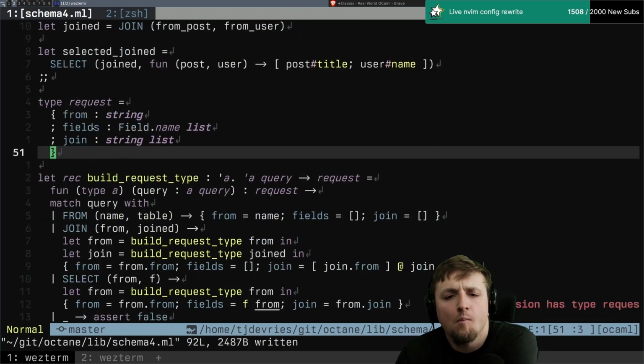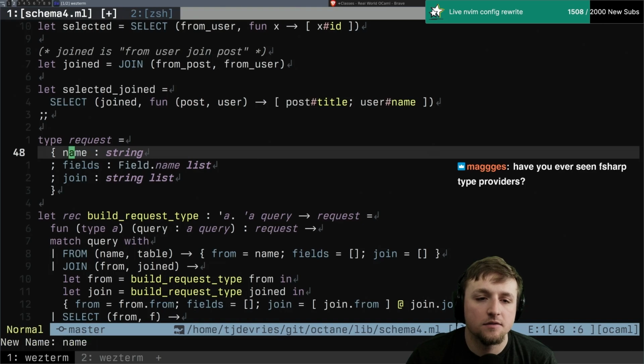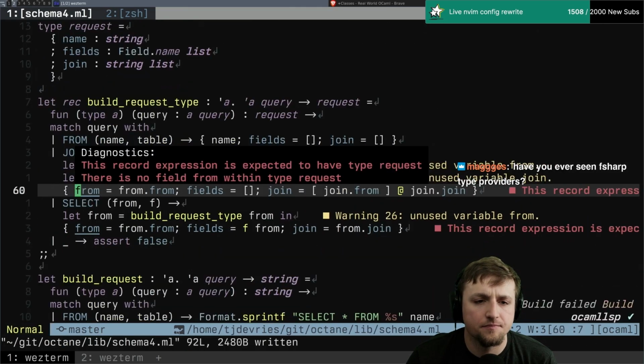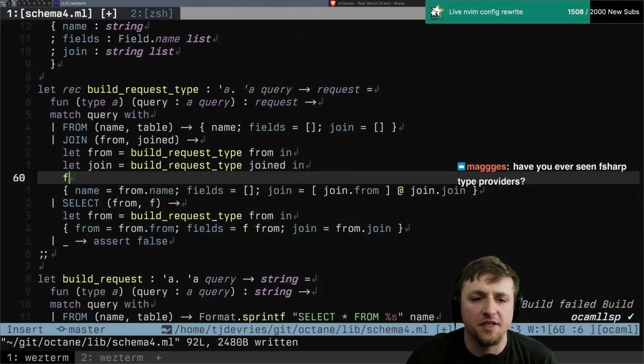Really? Should be name and table. Ooh, okay. Name, does this work? Dang. That should work. This can be from with